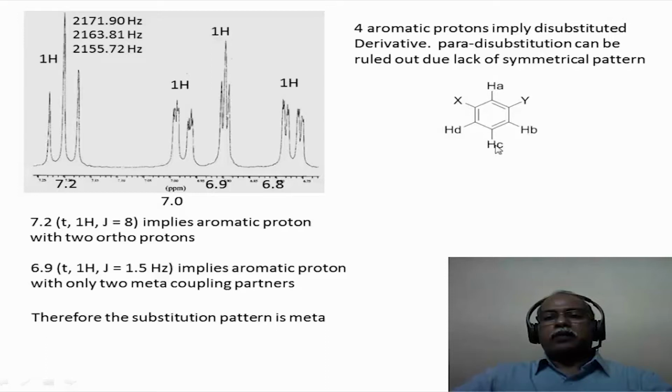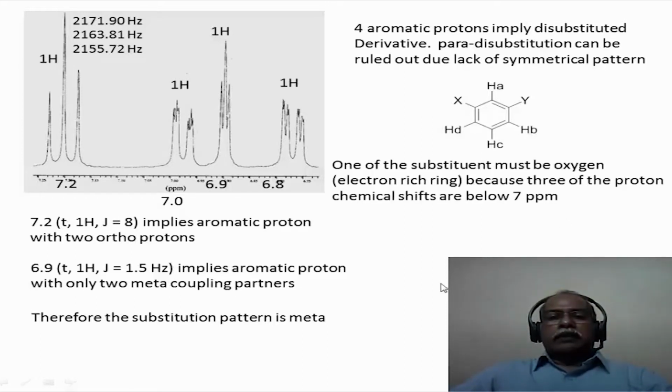It will be a doublet with the ortho coupling with the HC, another doublet with the meta coupling with this. So one should see a doublet of a doublet kind of a spectrum is what is seen in this NMR spectrum. It's a fairly complex spectrum because it has 2 multiplets, one corresponding to this meta coupling and the other one corresponding to this meta coupling, the third one corresponding to the ortho coupling. In fact, it would be a doublet of a doublet of a doublet, and that small coupling is not very clearly seen, only the ortho coupling is seen. So one of these hydrogen corresponds to HB, the other hydrogen which is here corresponds to HD.